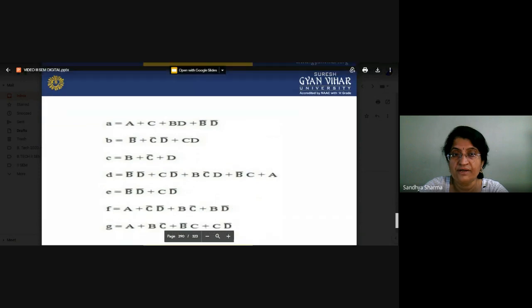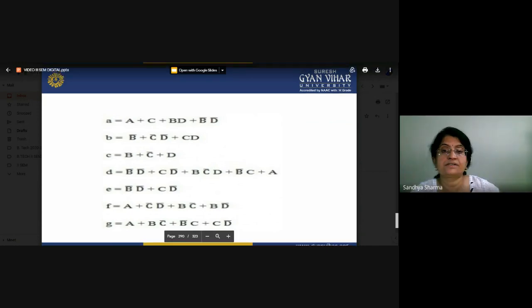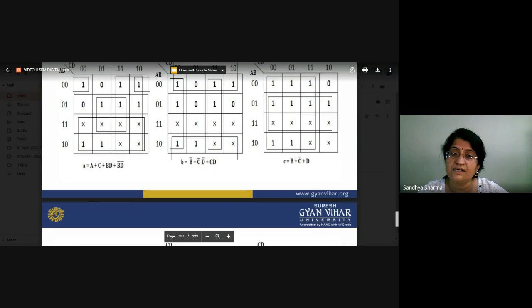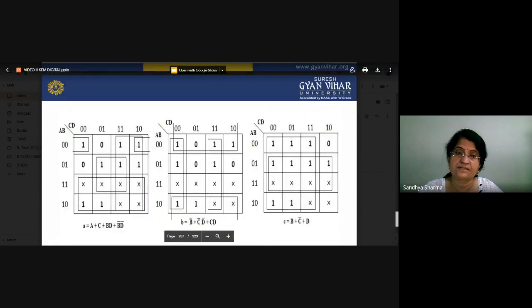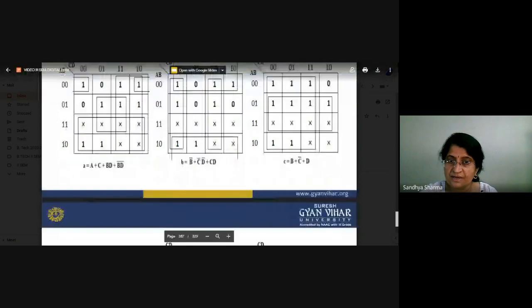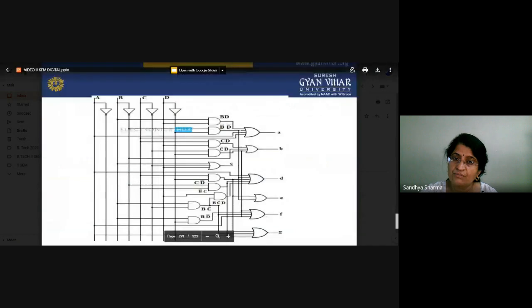If you want to eliminate A, you have to use A, C, B, D bar. If you want to eliminate B, C bar, D bar, and D. So these are the equations. And how can we get these equations? These equations can be found out by using the K-map method. That is basically interconnected. The K-map method is responsible for designing a circuit because you can't easily remember a big circuit. If you want to make a decoder circuit, how is it possible to remember these complicated circuits?